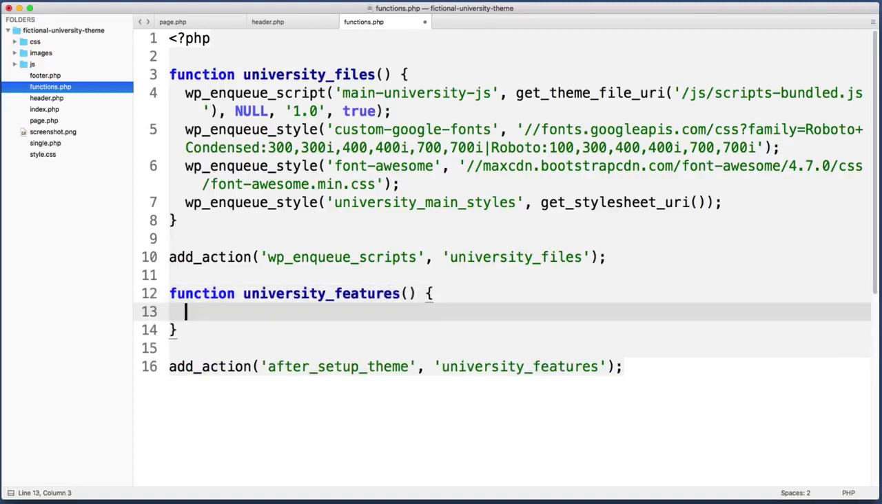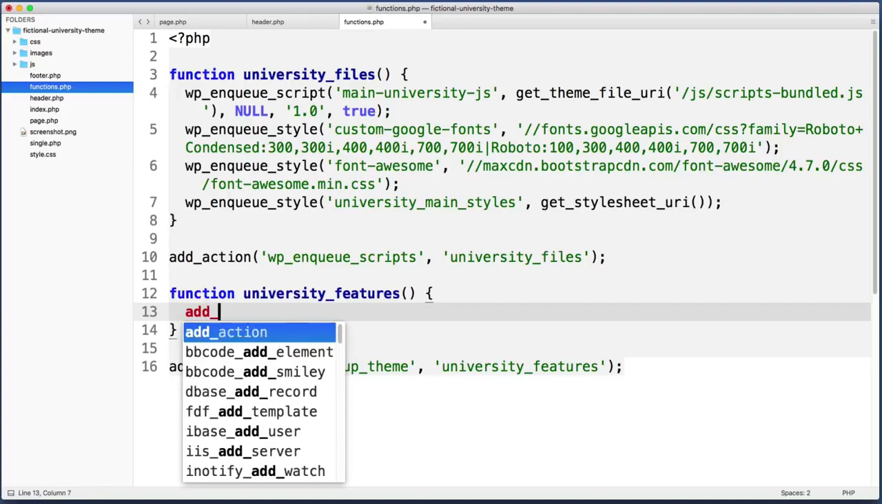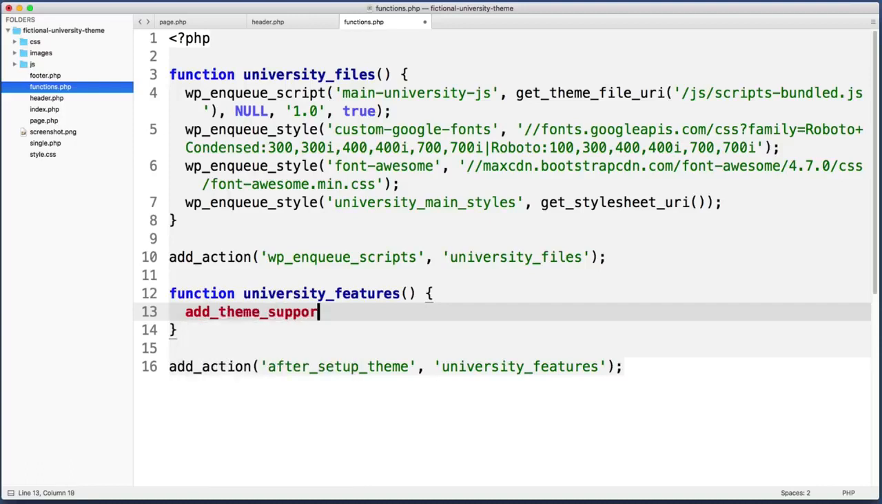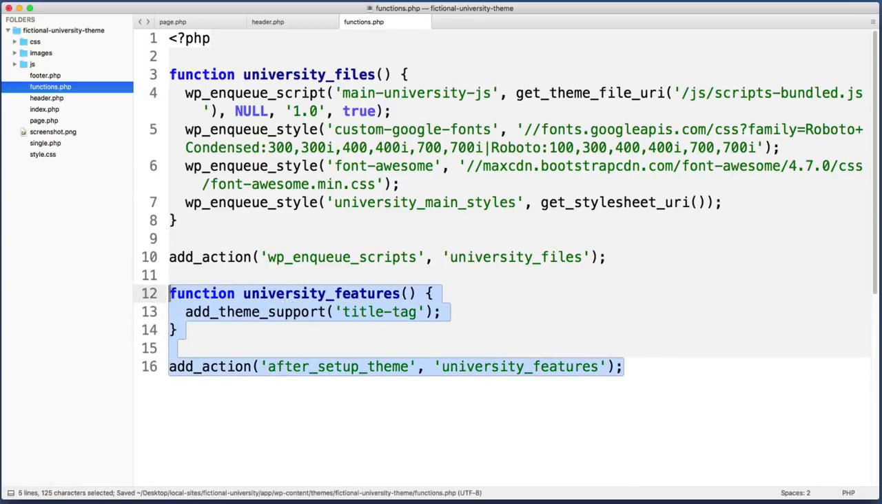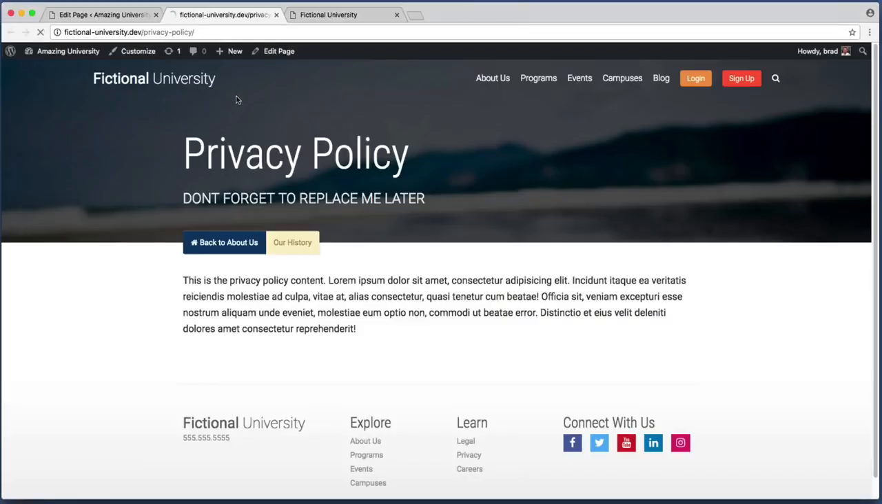parentheses, curly brackets. And when you want to enable a feature for your theme, the function that you call is add_theme_support. Now there are all sorts of different features that you can enable with this function, so we need to tell WordPress which feature in particular we're interested in. In this case, it's title-tag. Okay, so with this new code in place, if we save this file and refresh the front end of our website,